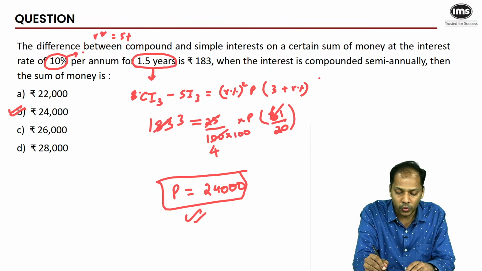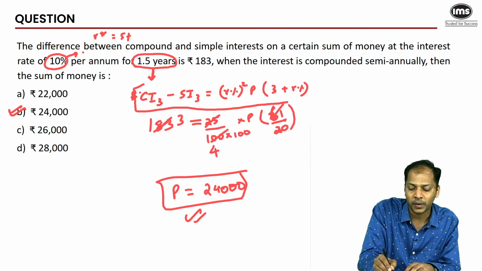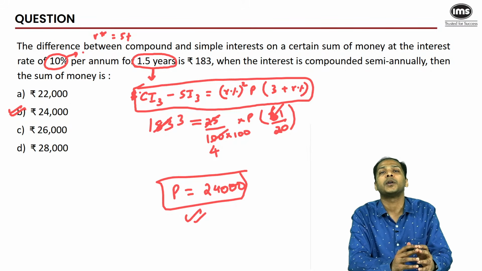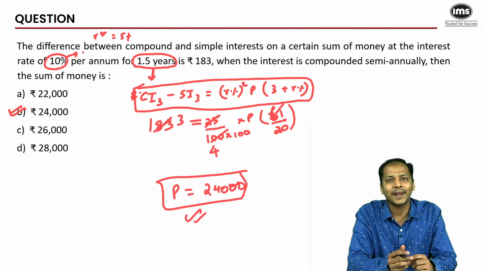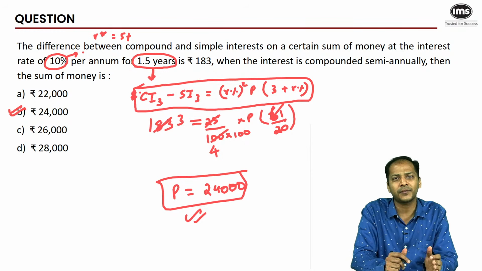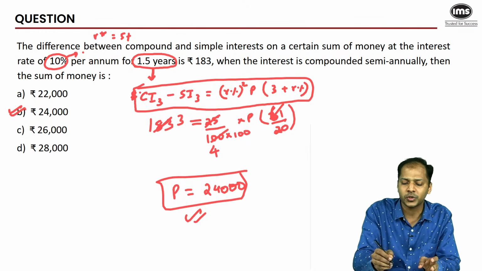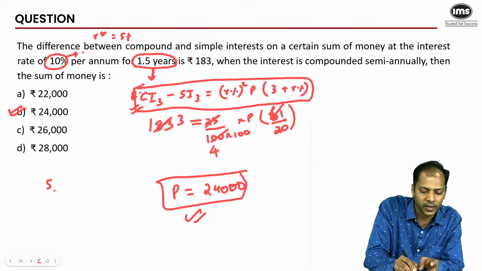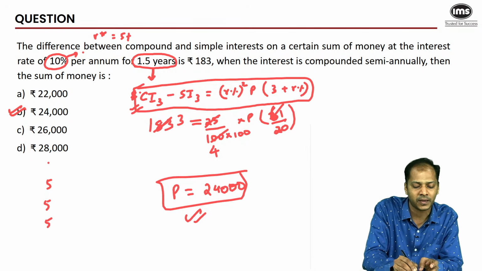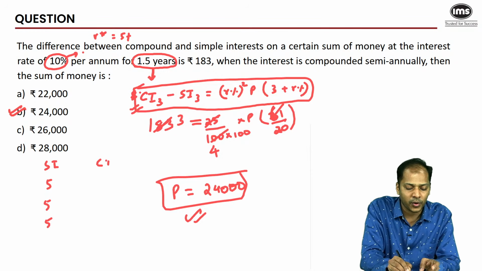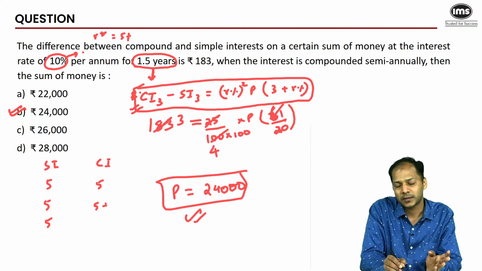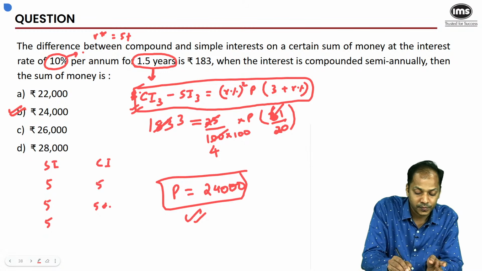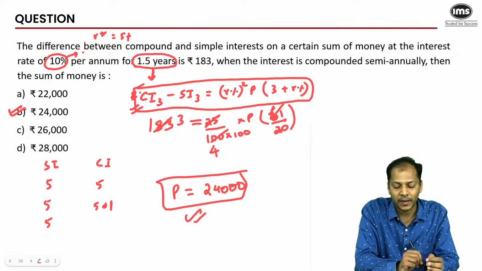However, if you did not know this formula, many times students remember the formula for difference between SI and CI for 2 years. They don't learn by heart the formula for 3 years. In that case, you might have to derive the numbers. For example, some students who don't directly use this formula would have gone about it as first term 5, second term 5, third term 5 under SI, and under compound interest first term would have been a 5, second term would be 5 plus 5% of 5.